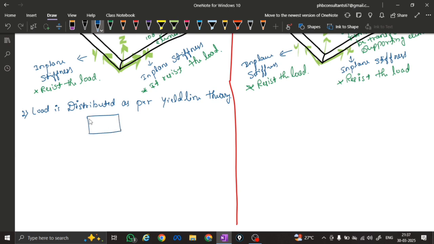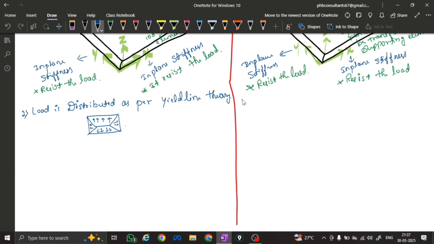If this is our slab, this is triangle and this is trapezoidal, like this. The load will be transferred to this beam, and these loads will be transferred to these beams, like this. Our yield line theory load distribution is this type. Okay,